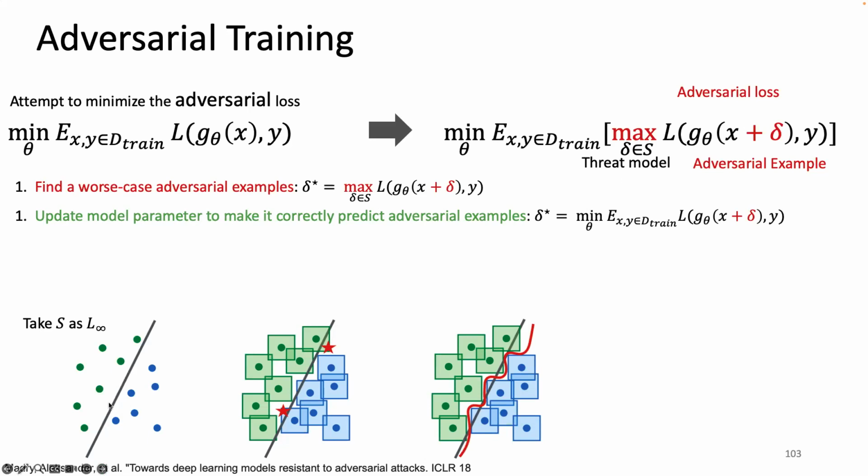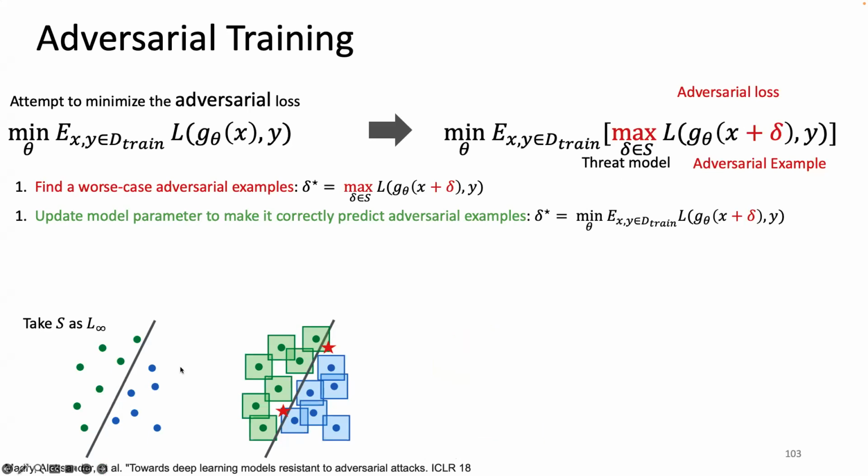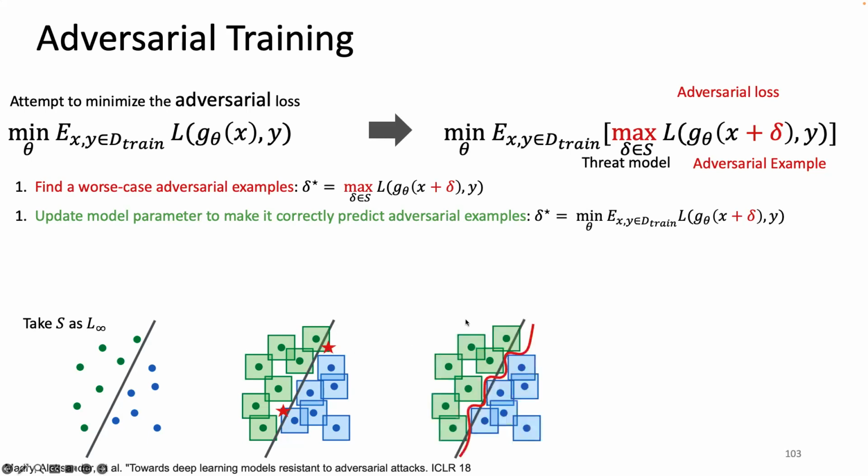But for adversary training, it first solves the inner maximization process. Given a constraint, for example, the L infinity distance, it first finds the worst-case data which can mislead the model, for example, this red point. And then it minimizes the network parameters, the decision boundary, to make it correctly classify the